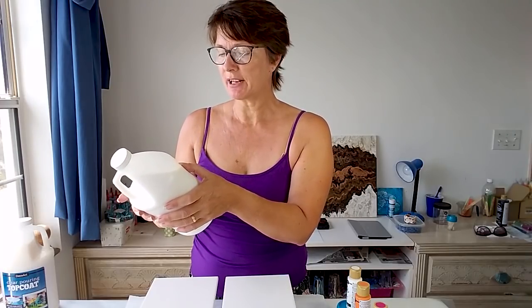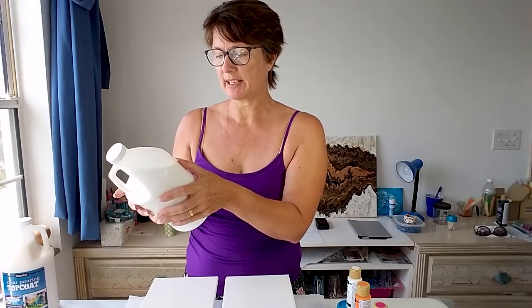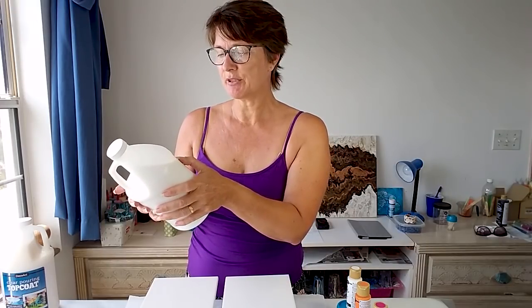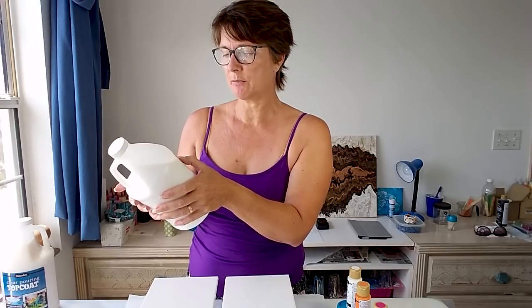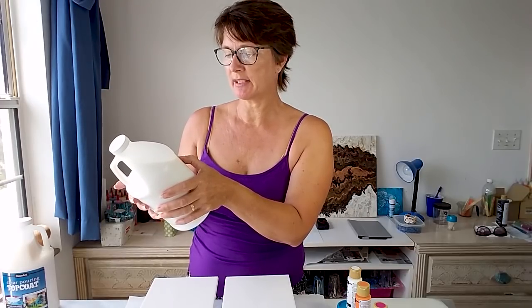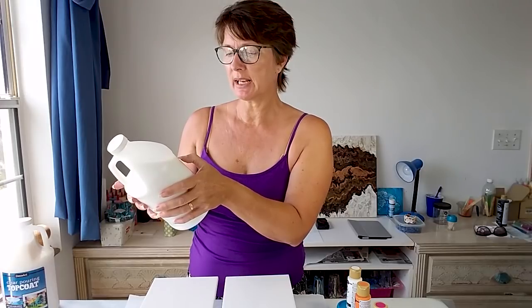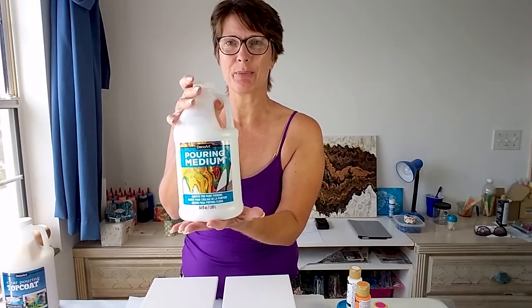Now, for the directions, it says to mix slowly into paint to avoid creating bubbles. Begin mixing using the basic ratio guidelines and adjust as necessary. 2:1 paint to pouring medium with fluid acrylics. With craft acrylics, 1:1 paint to pouring medium. Medium body is 1:3. So this is the product that we're going to use today, and I've got my tiles